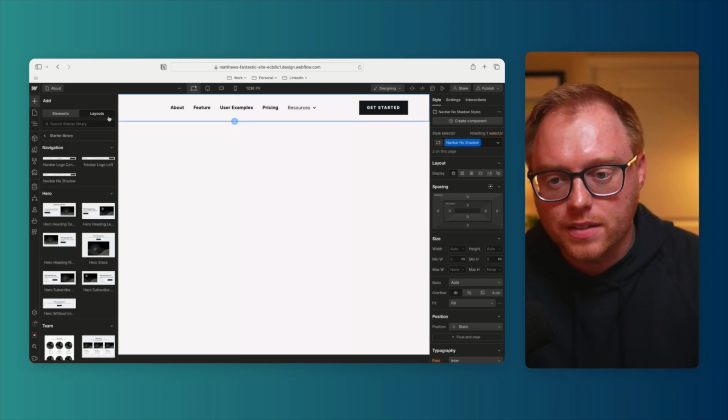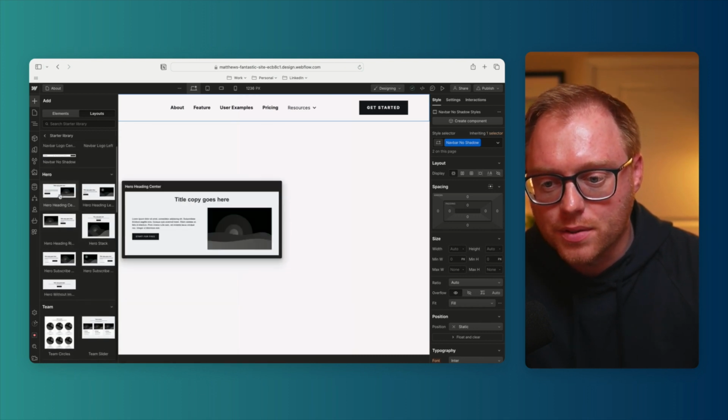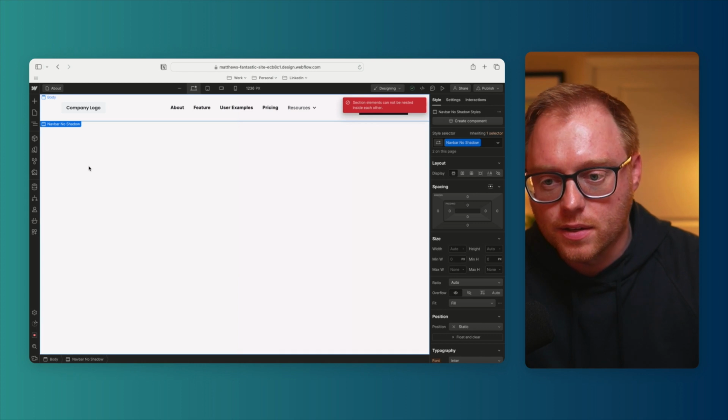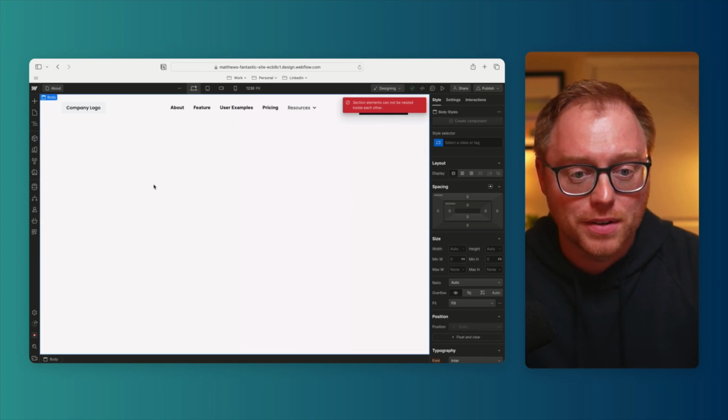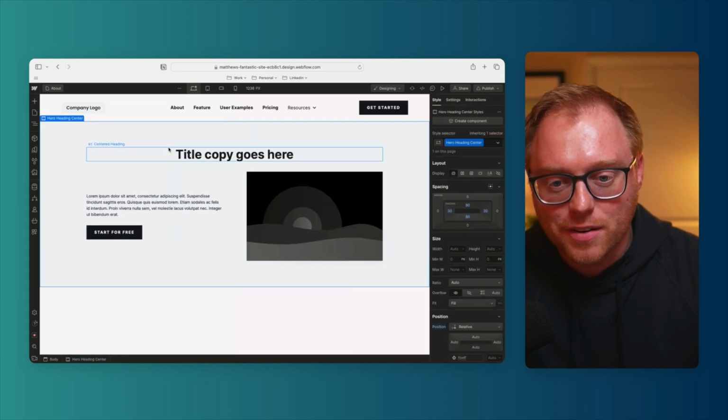So I'm going to click on this again, go into layouts, and let's just make it super simple. Let's just do this one, right? So I'll click on this. Whoops, because it can't be nested because this is different sections. That makes sense. So I'll go into here, I'll click on this, drag it over, and you can see now